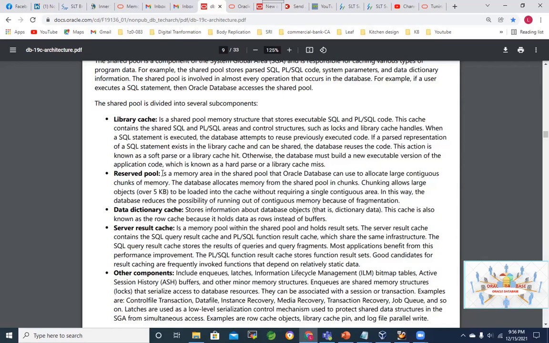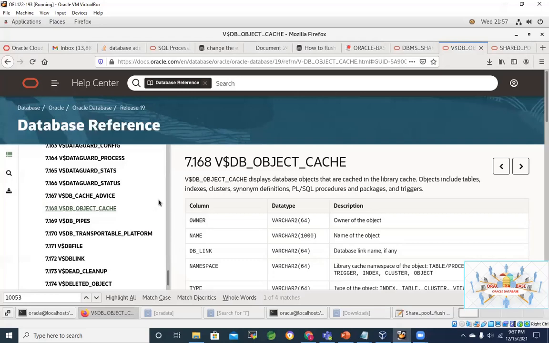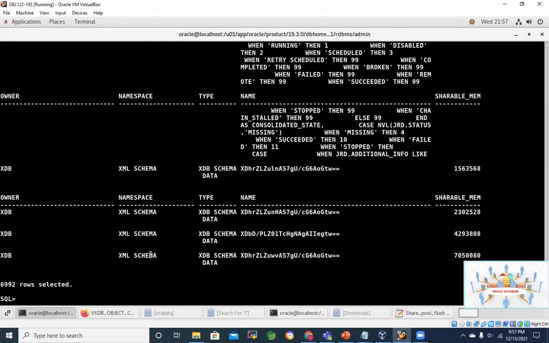As per the explanation, Oracle reserved pool, I think if I go back to the practical environment, we just entered the command and we just checked the size of our reserved pool. Yeah, I think I can just type this command.